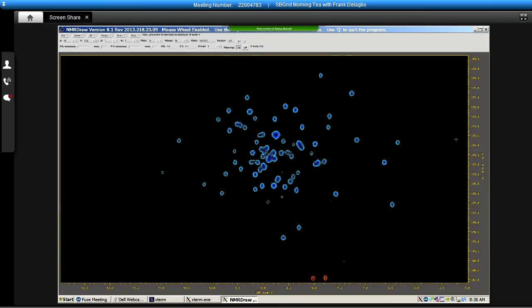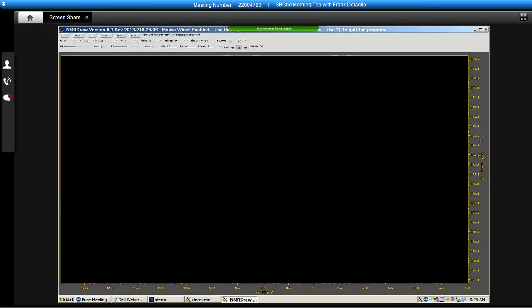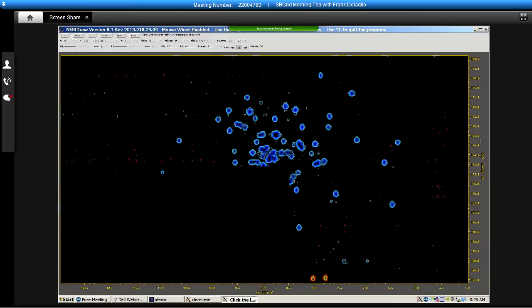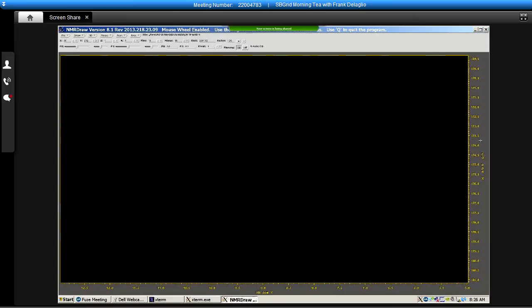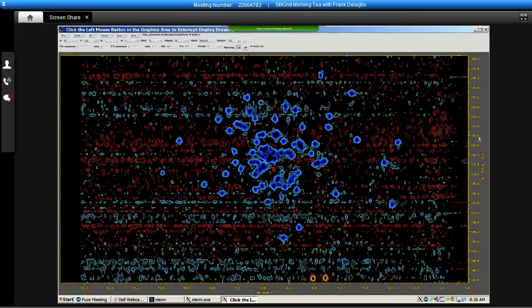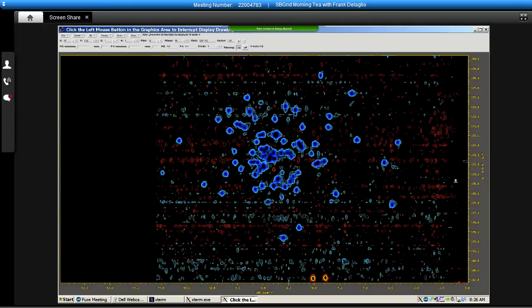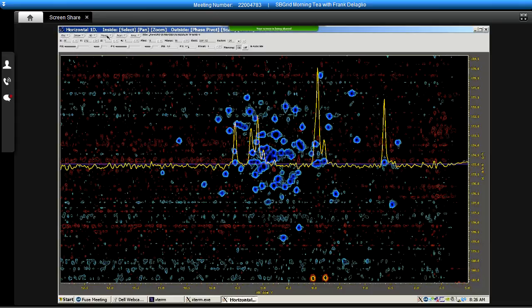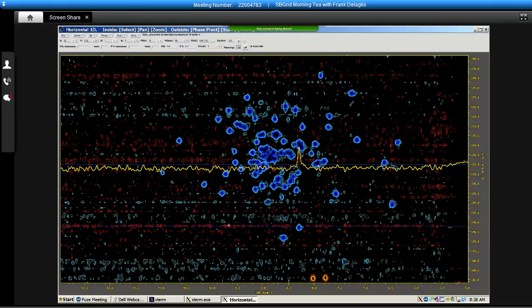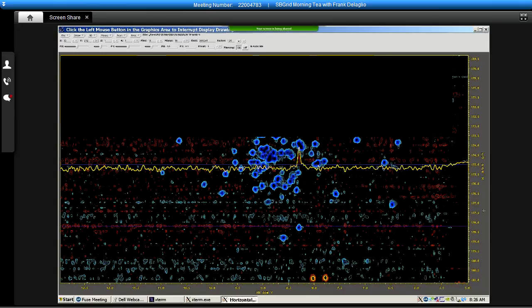I can also use the mouse to adjust the contour levels for this display. I'm scrolling with the mouse wheel now. And as I scroll down, we can start to see what's happening in the baseline of the spectrum. I see areas that are predominantly red or predominantly blue. And if we look at 1D profiles, look closely at these 1D profiles,